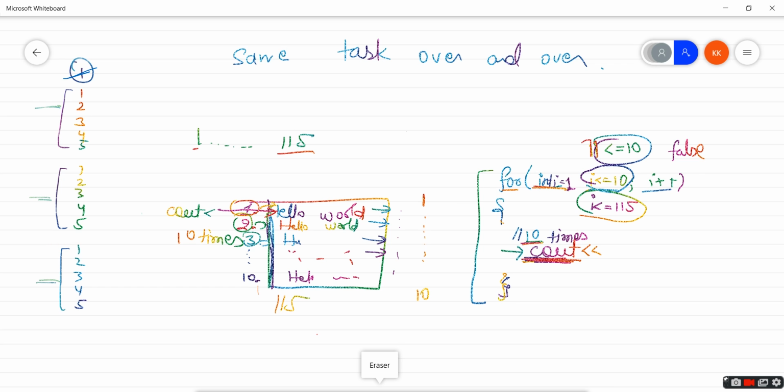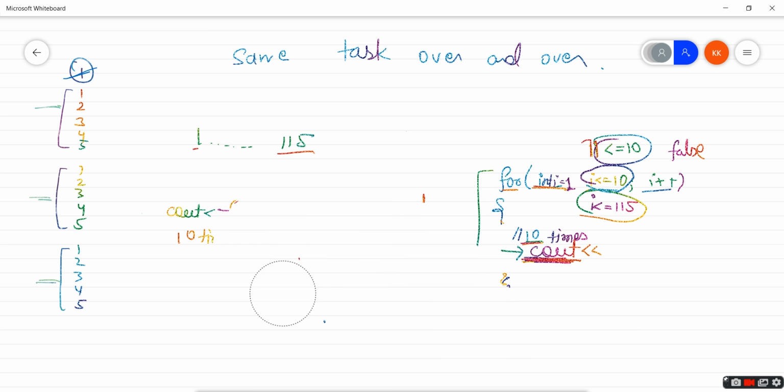All right. So we have seen that if something needs to be repeated again and again, then I need to start from 1 and go up to that number of times. If it is 115, then go up to 115. If it is 10, then go 1 to 10. If it is 1000, then go 1 up to 1000, right? Okay, that's clear to us. That's very much clear to us. Now, look at this question.